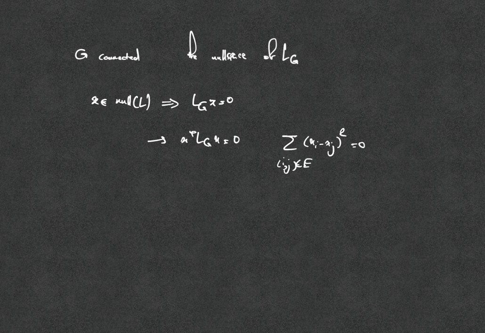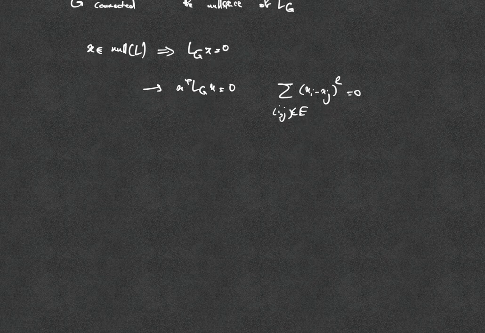Now what that means is that for every I and j that form an edge in this graph, the attribute value for I and jth nodes are exactly the same. So what this tells you is that the null spaces, so like the values of the null spaces, are a coefficient multiplied by 1, meaning that the same value being assigned to every node. So this basically means lambda 1 is 0.